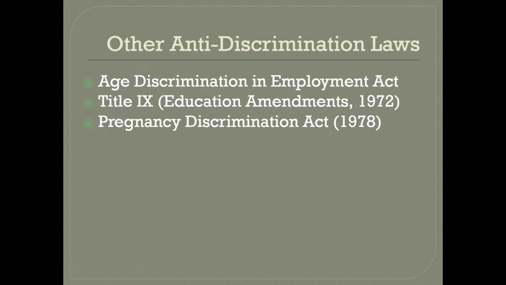There's also a law known as the Pregnancy Discrimination Act of 1978. This prohibits employers from discriminating against individuals on the basis of their pregnancy status. And this was used a few years later by an actress who was hired to play a role on Beverly Hills 90210. She was hired to play a sexy vamp who was going to flirt with many of the people living at Beverly Hills 90210. And after she was hired, she got pregnant.